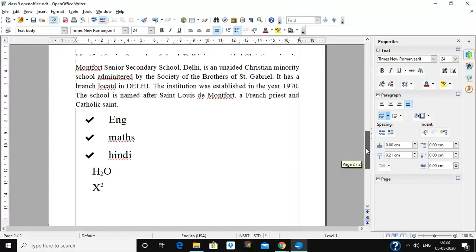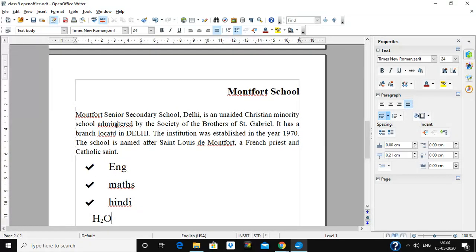Now if I have to check spelling mistakes, you can see there are some red underlines here. This is the tool for auto spell check. If this tool is off, it will not show any spelling mistakes here. So make sure you click on this tool. If the spelling mistakes are not shown, click on this tool to turn it on. Sometimes this tool does not work. When you first install OpenOffice, the tool does not work.